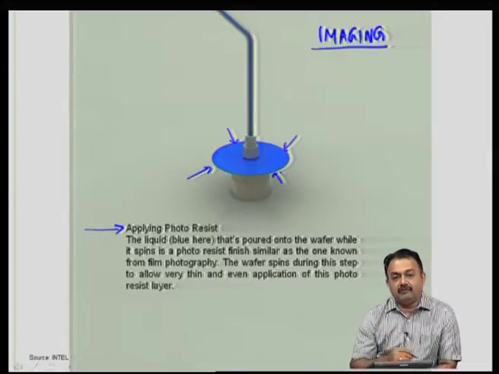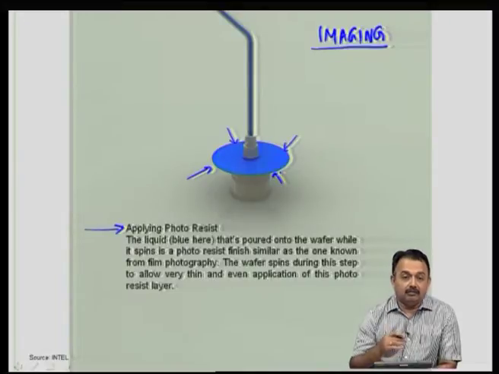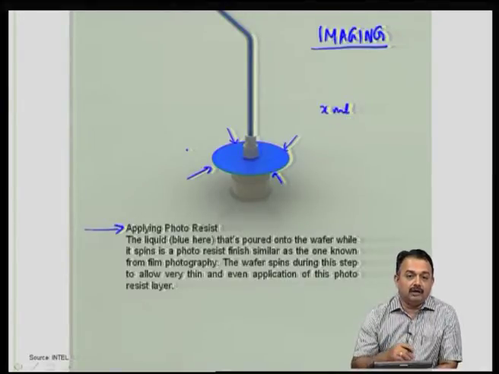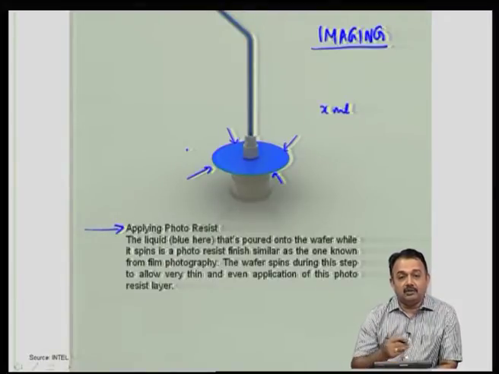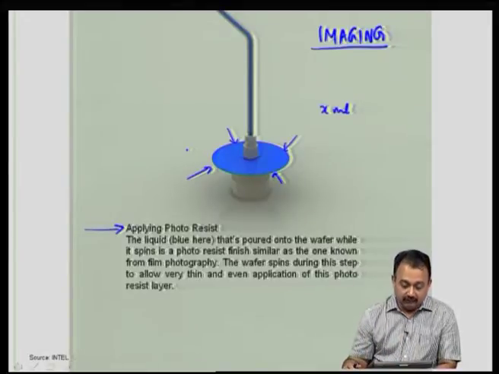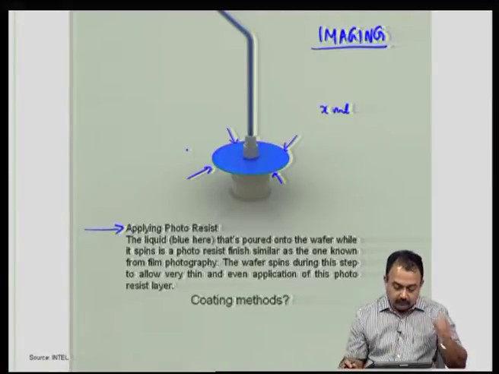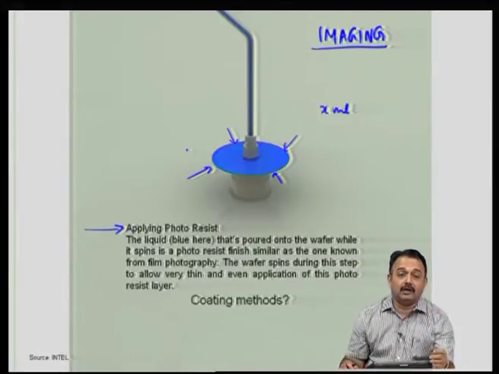So, after the photoresist is applied, you have to measure the thickness, or by trial and error method, you have to make sure that if you take, let us say, x ml of the photoresist for a given area like this, and depending on different methods of coating, how much thickness of the photoresist you will get on the surface of the wafer. Now, what are the coating methods that one can employ?